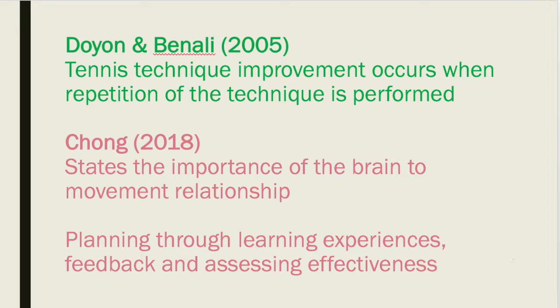Dion and Benali, 2005, imply that motor skill acquisition and abilities improve and become effortless when the skill is repeated and practiced. Chong, 2018, goes on to identify the relationship between the brain and movement and states that this practice repetition of motor skills and learning stimulates changes in the brain neurons and allows for this new information to be stored for the next time the skill is practiced. Therefore, these weaknesses that have been identified within the participant's tennis serve can be improved through constant practice and repetition